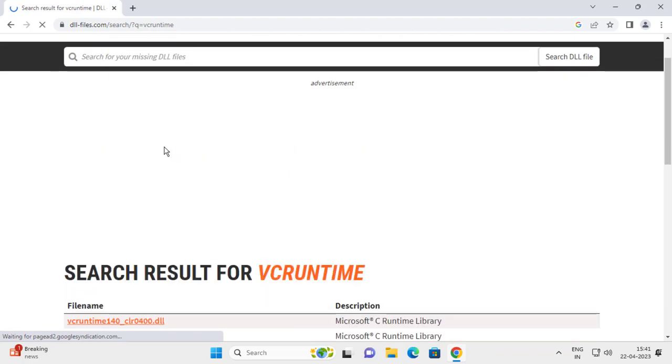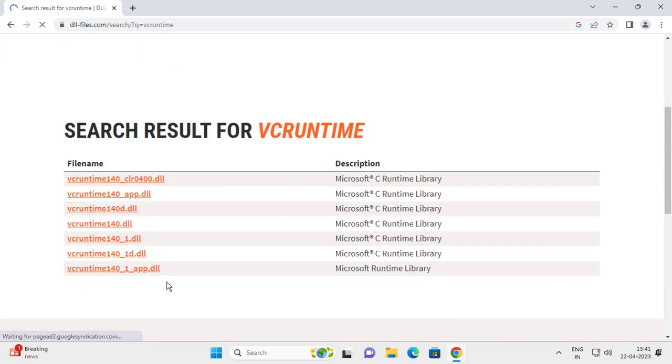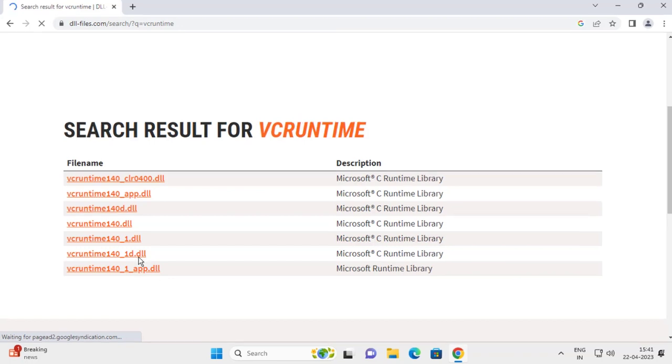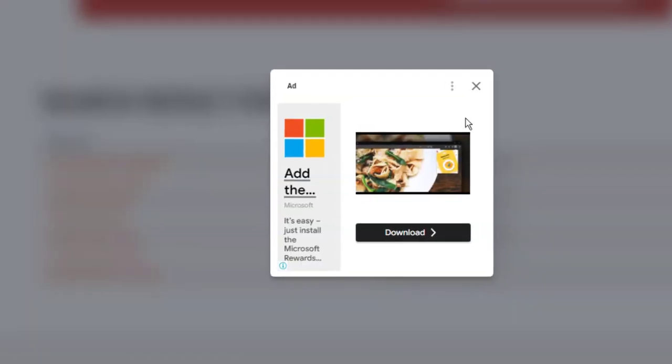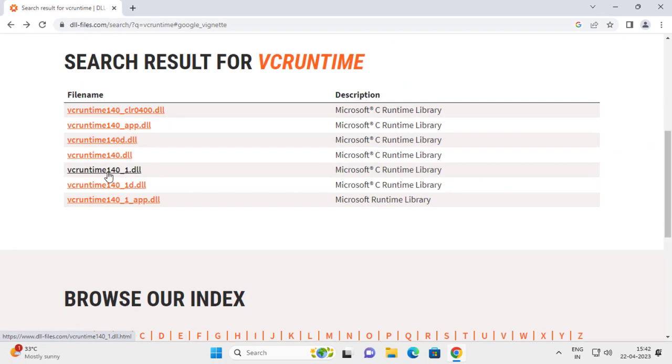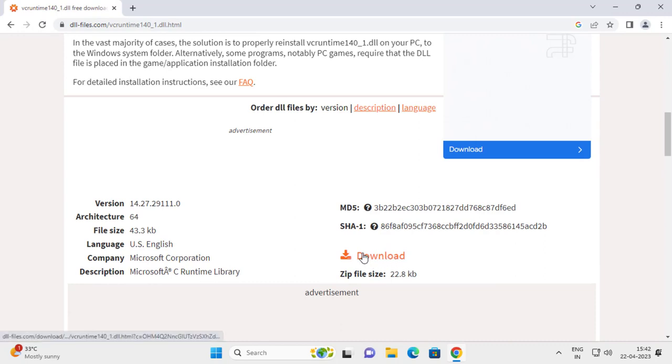We need to download here VC runtime 140 space 1.dll. See carefully guys, VCRUNTIME140_1.dll. You need to click on it. Click on it again, and now it comes. Click on the download icon over here, click it,